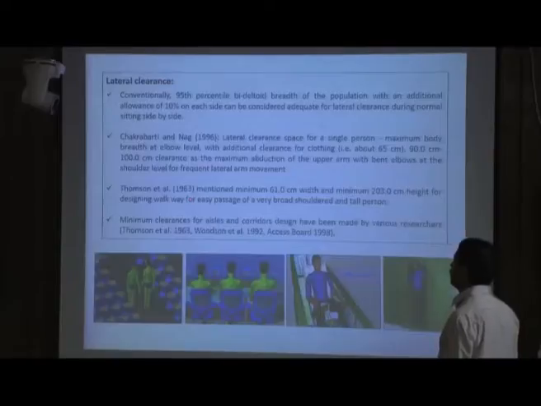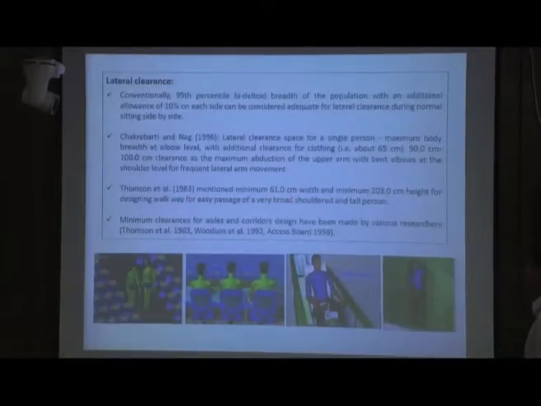Thompson et al. 1963 mentioned minimum 61 centimeter width and minimum 203 centimeter height for designing a walkway for easy passage for a very broad shoulder and tall person. So this much width and this much height should be provided for a walkway. Minimum clearance for aisles and corridors design